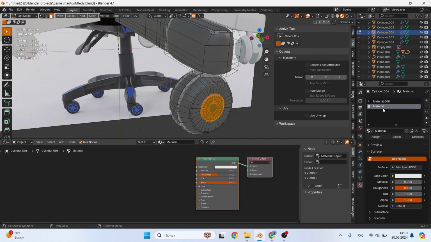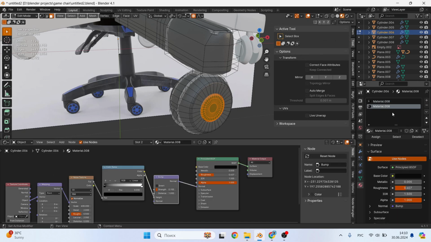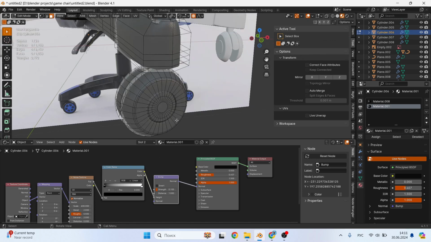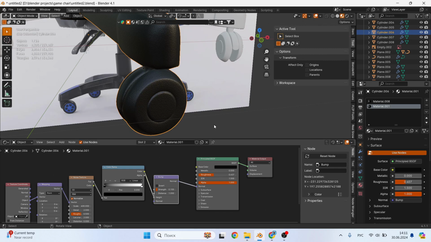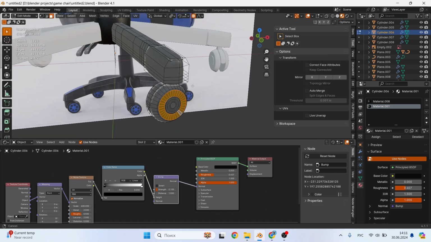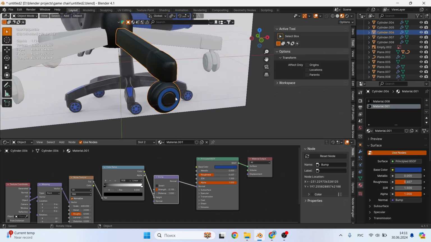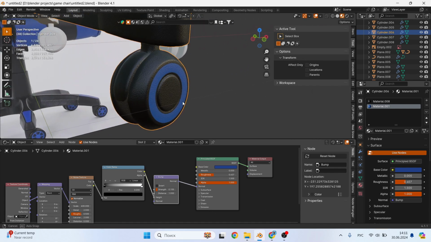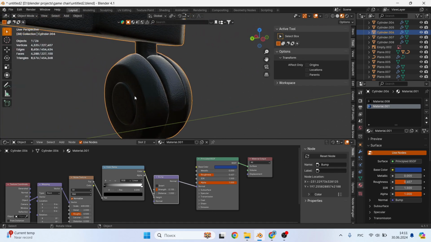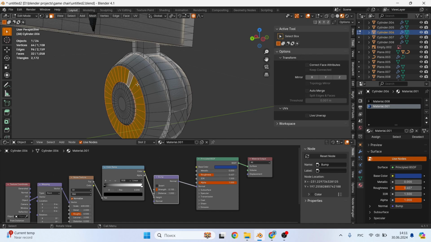Let me show you how to paint the wheels and legs. We start by adding another material and choosing the plastic that we created but need to copy it, which means that we will not use the original. We apply this material to the faces that we repaint and in shading now we need to change the color and we take a sample of blue from the seat with a pipette. Well, do not forget to paint the wheels on both sides.